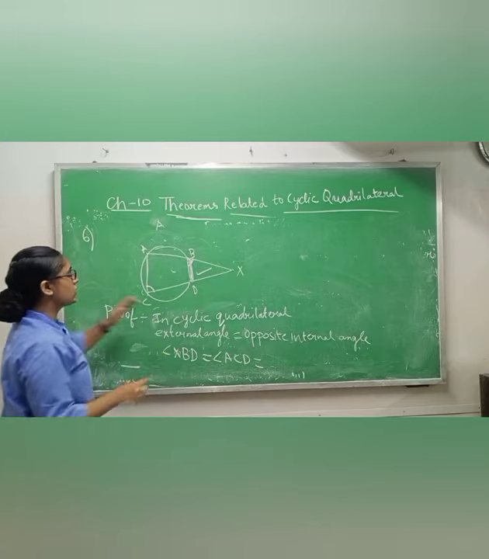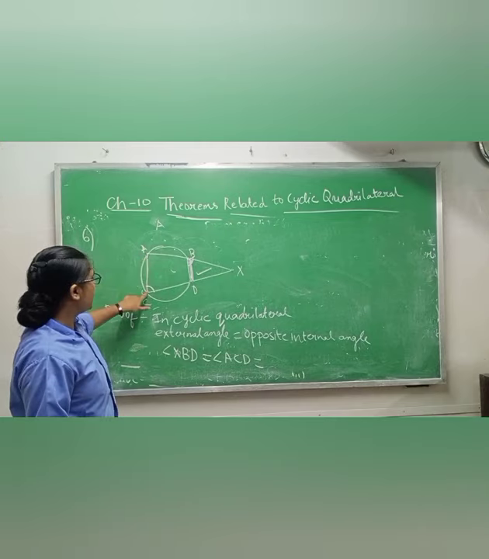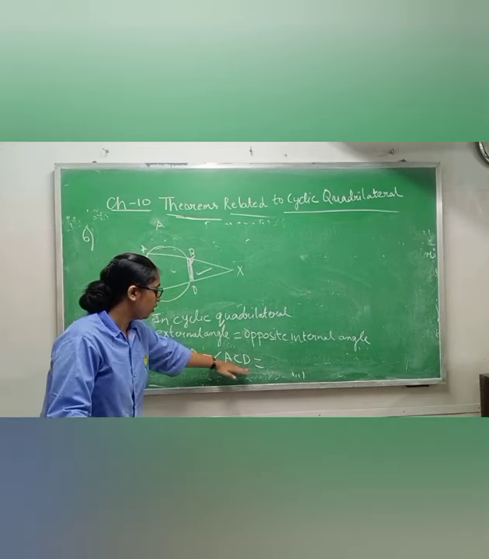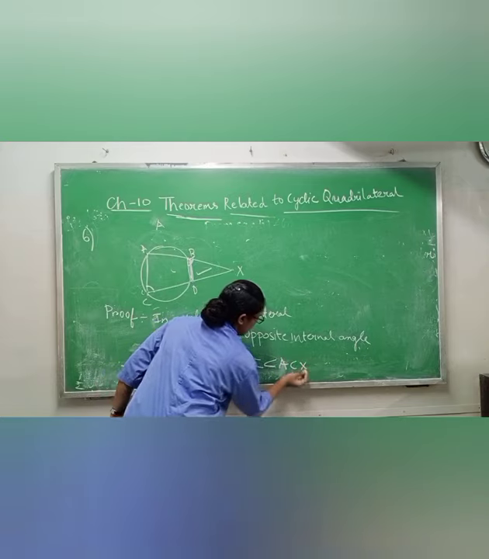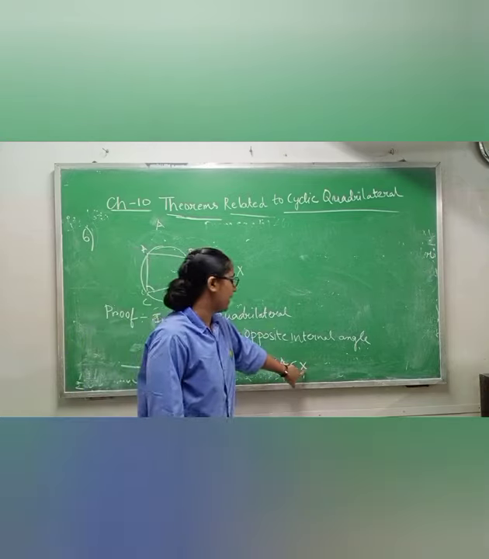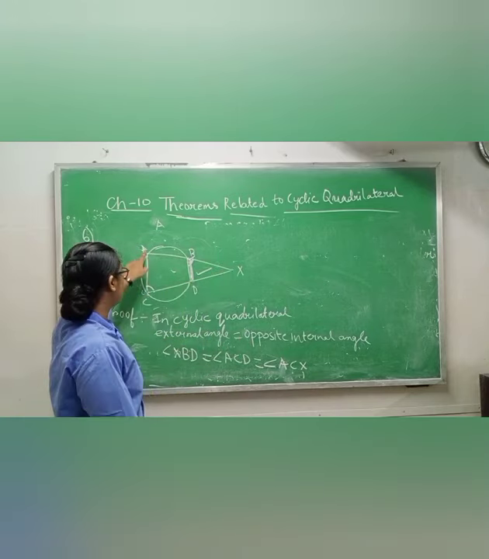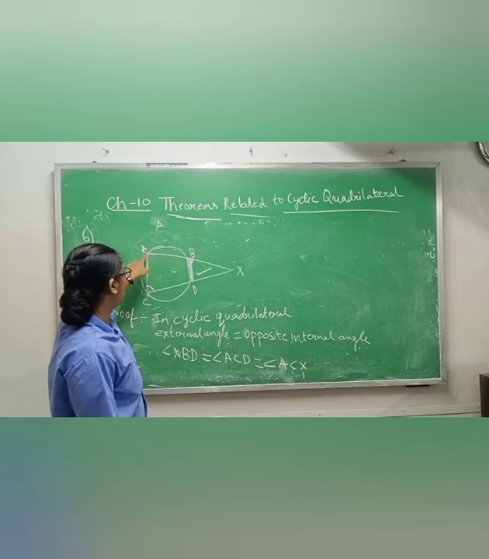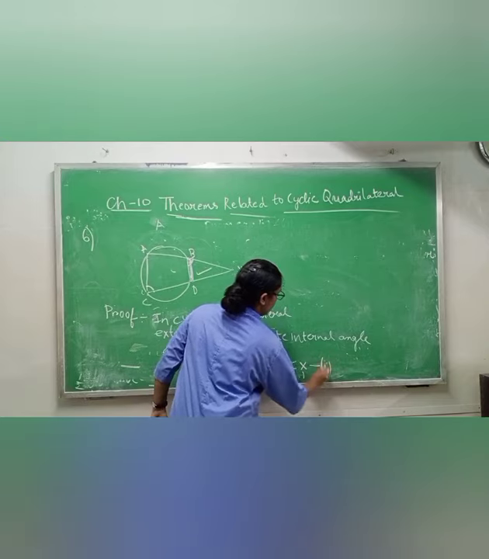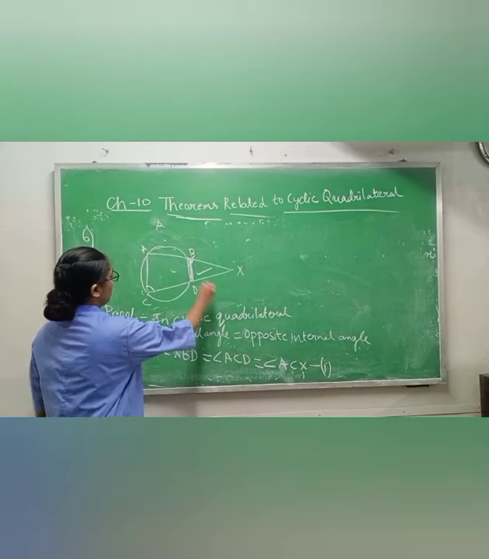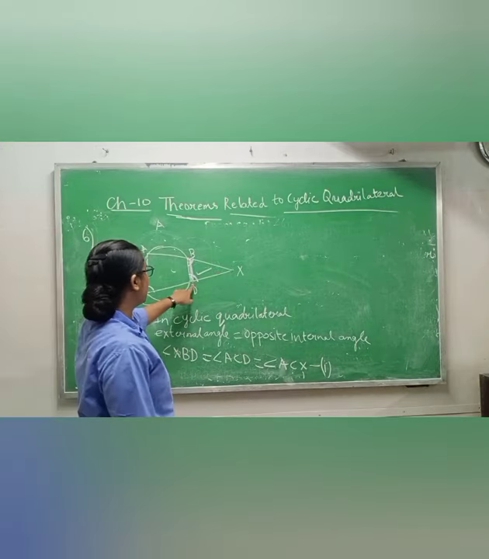Why can you write ACX? Just this D is extended up to X. So if you are writing ACD, the angle is the same. Okay, the angle is the same for both. In ACX, in place of D I am writing X, because if we extend D up to X, then it will go up to X. It means that ACD is also equal to ACX. Okay, same thing we will do here also. Now one more example, this external angle. Okay, angle is XDB.